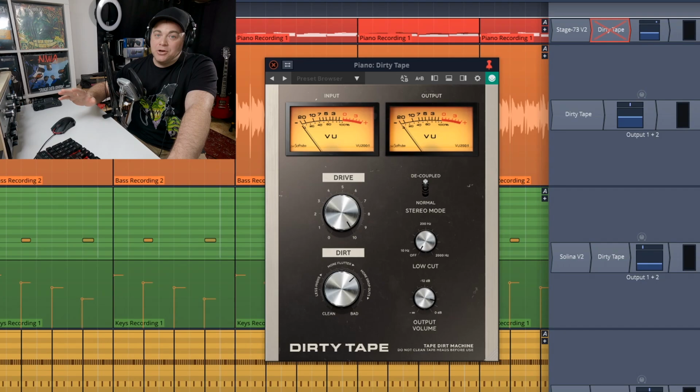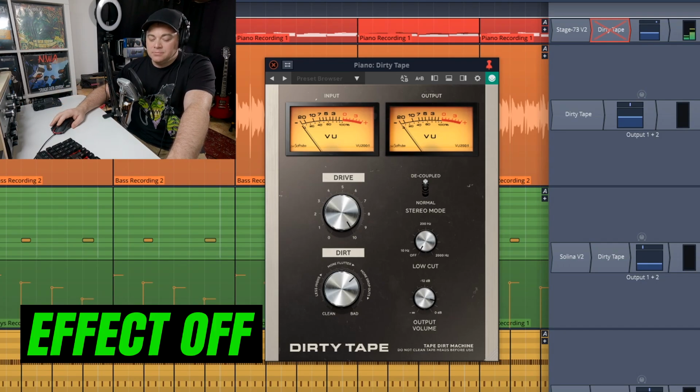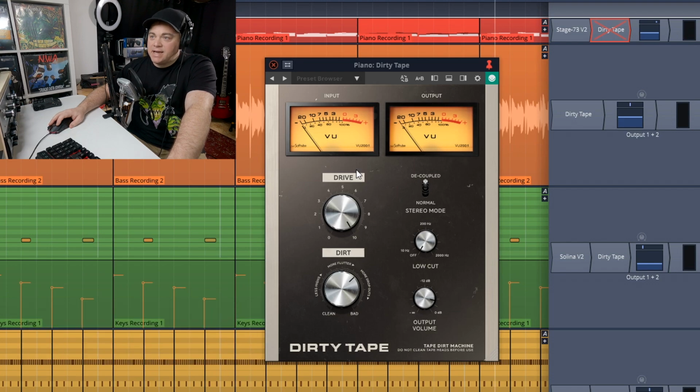So here's the ePiano with the Dirty Tape bypass, just so you can hear the clean sound. All right, so that's bypass. Now let's add Dirty Tape.